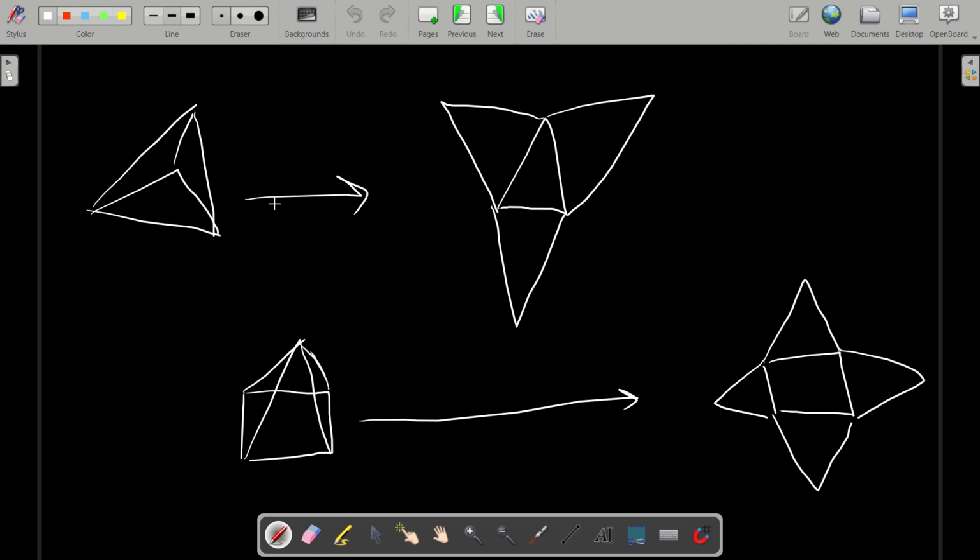Okay, so today we're going to be discussing pyramids and how to find their surface area and volume. First off, a pyramid is typically defined by what its base is. In this example here, we have a triangular pyramid because its base is a triangle. If I were to take this shape and unfold it to make its net, this is what it would look